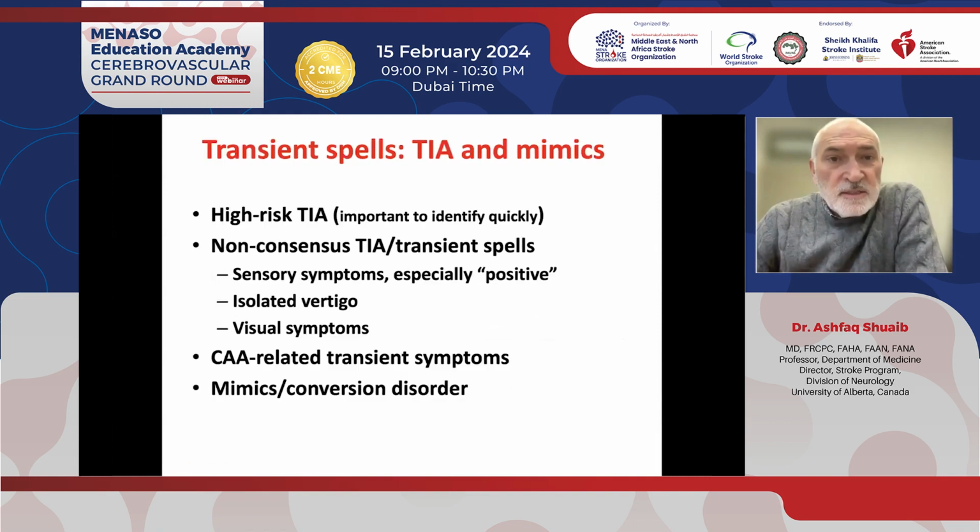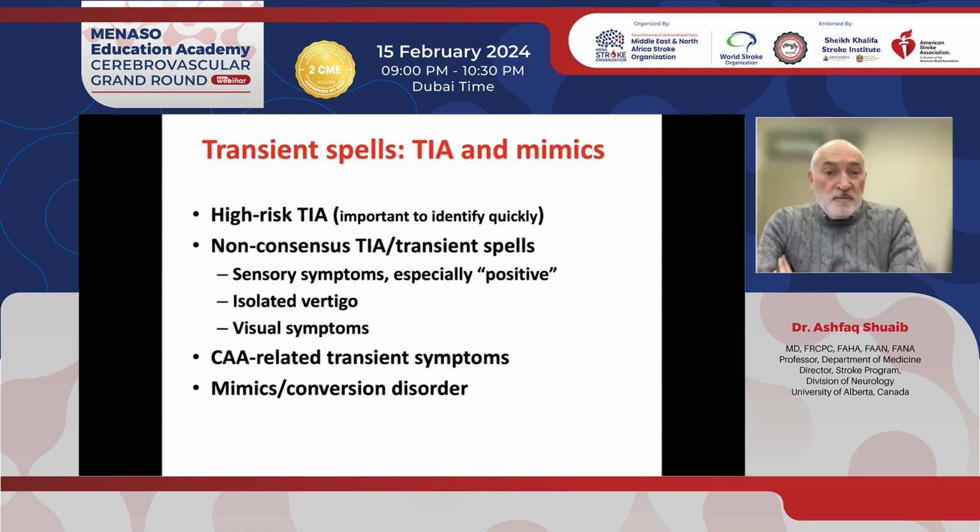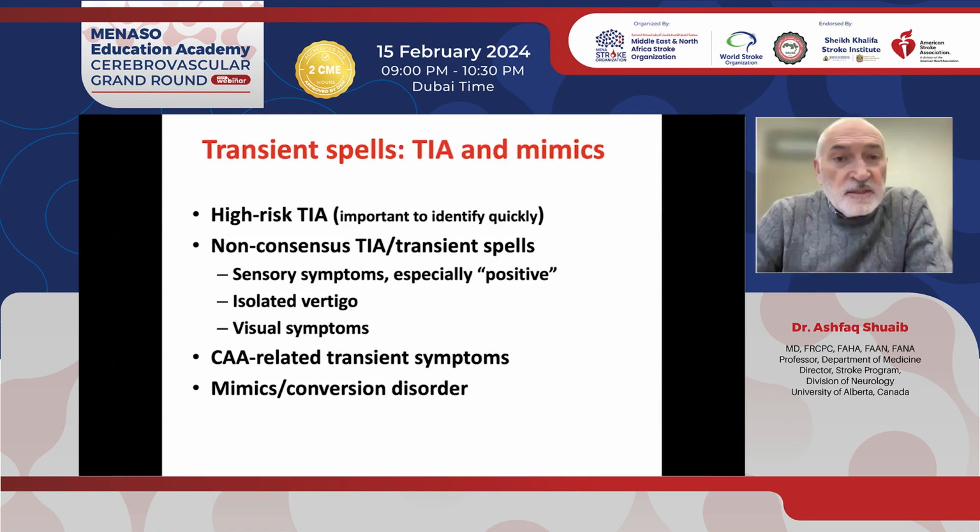All right, so the first job for me, my challenging job, is to move to the first slide. So here's something to keep in mind: in our stroke clinic, about 40% of patients referred to us are not TIAs or strokes. In our emergency department, in fact, 52% of those who come in are stroke mimics of different kinds. So when someone comes in with transient spells, you want to make sure that they're high-risk TIAs. We'll go over that in a minute.